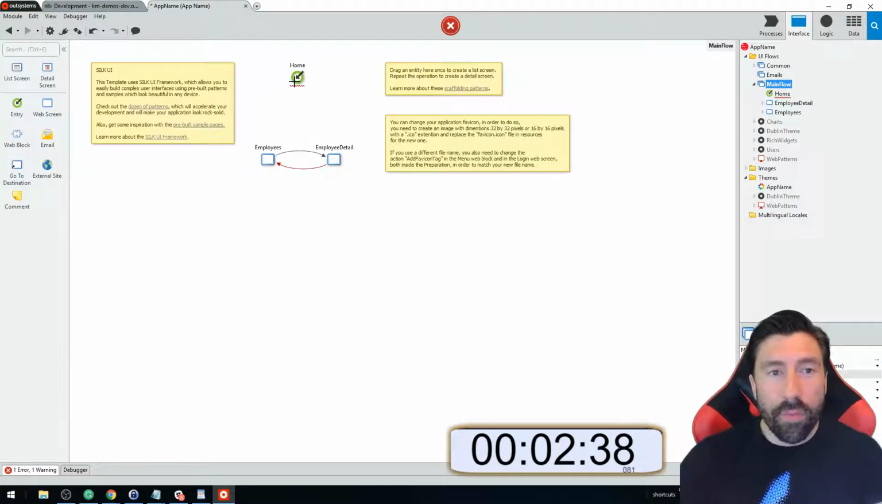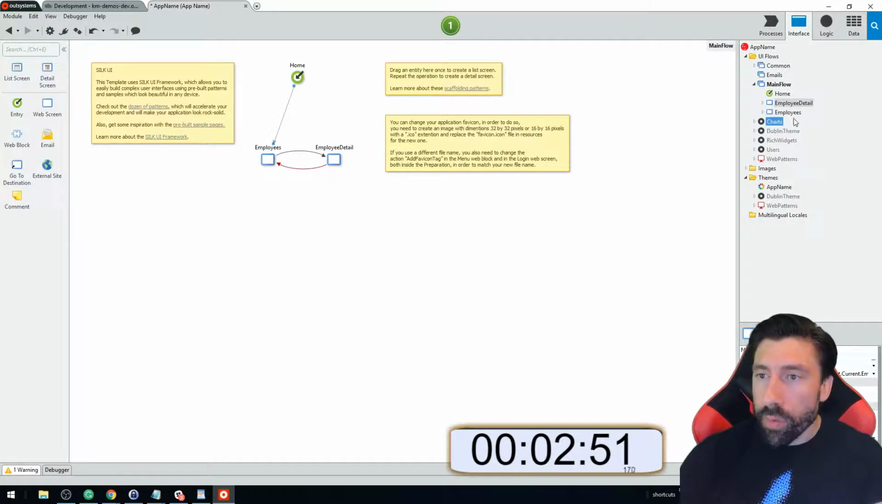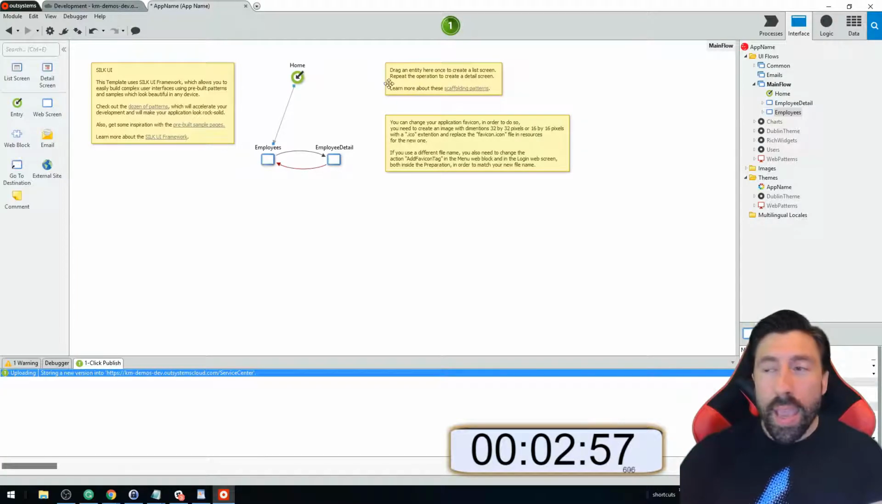The only other thing I have to do is a couple more housekeeping things. I have to go and do this, and what that means is when the app opens, it's going to start on this particular screen. And then just so we don't have to deal with things like users and roles and logins and stuff, I'm going to start these off as anonymous. So now I'm just going to go ahead and click the one-click publish button,